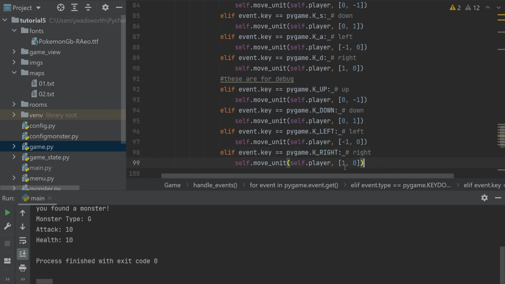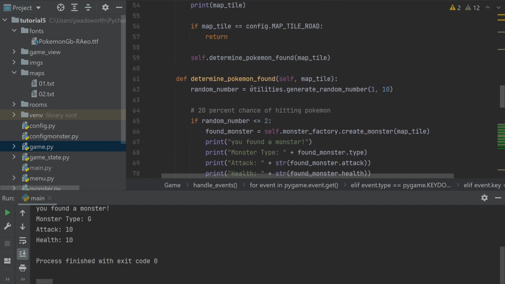Okay, so now if we're using the arrow keys, which it won't be in the actual game, but what we're going to do is we're going to modify these positions by 10. That just allows us to move around the map much faster. Let's run that. Sorry, one other thing that we want to do is in our game